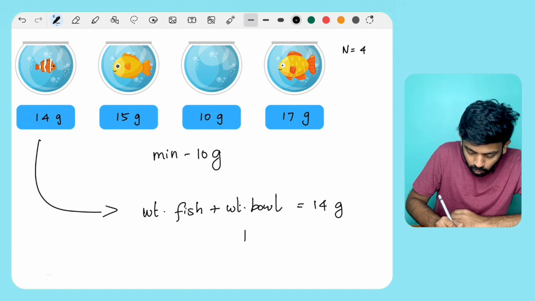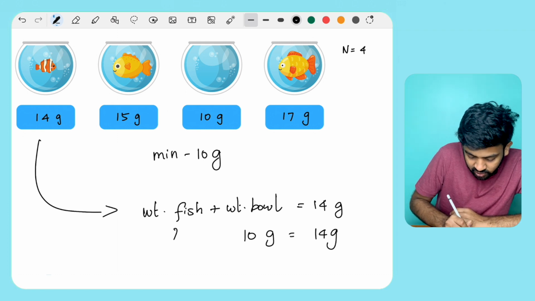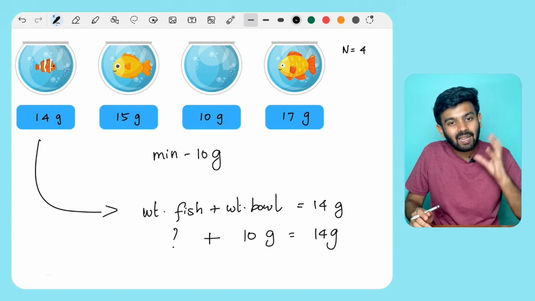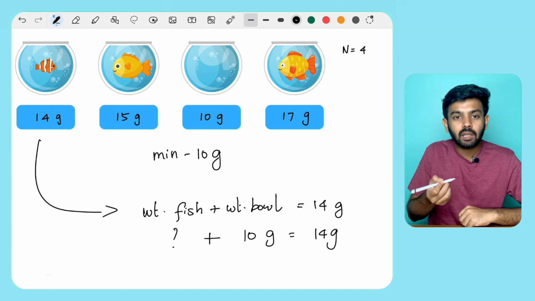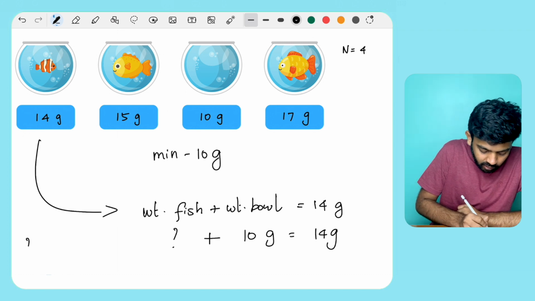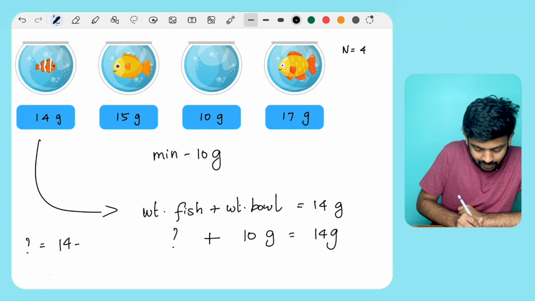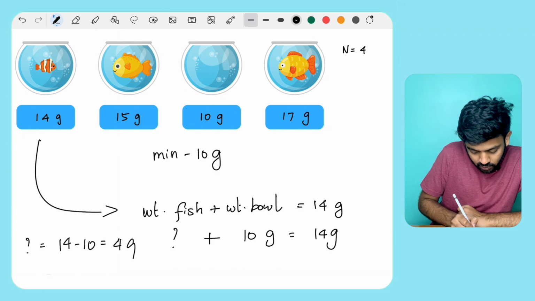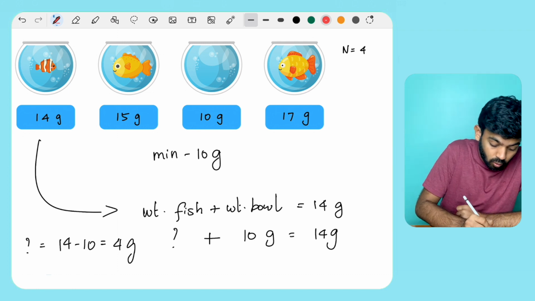So the weight of this bowl is 10 grams, and the weight of the fish is what we are trying to find. Weight of the fish plus weight of the bowl should be equal to 14 grams. Weight of the bowl is 10 grams. So you can just straight away go ahead and subtract 10 from 14. So 14 minus 10 gives you 4 grams,